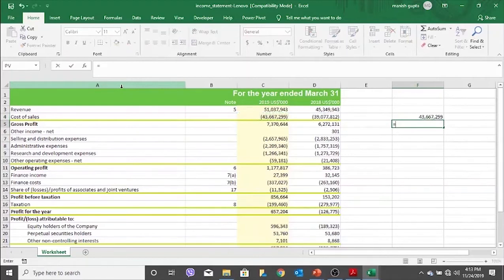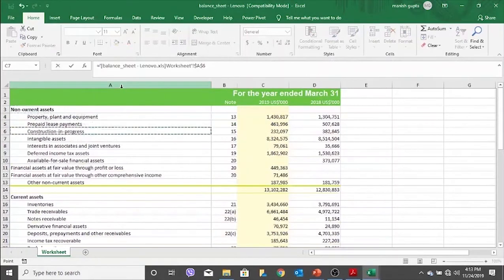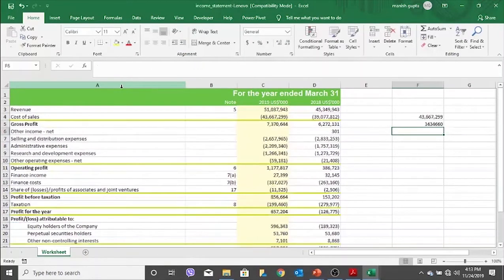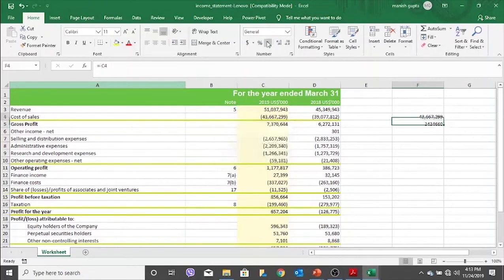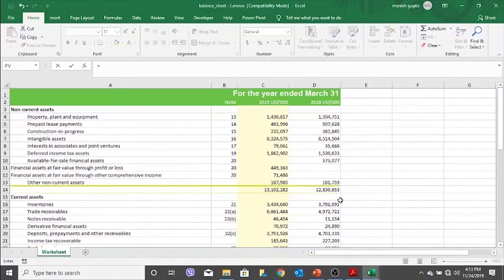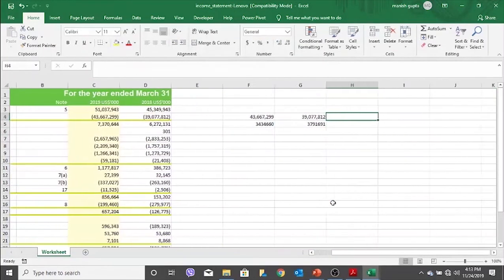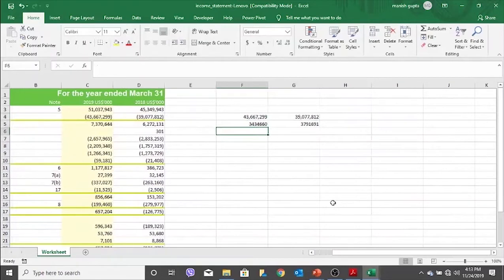And what is the inventory? Inventory is in your balance sheet. The inventory is here. This is for 1 year and this one another year. So the inventory turnover ratio, what was the formula? Total cost of sale divided by inventory, right? Which is 12, and for the previous year is 10.